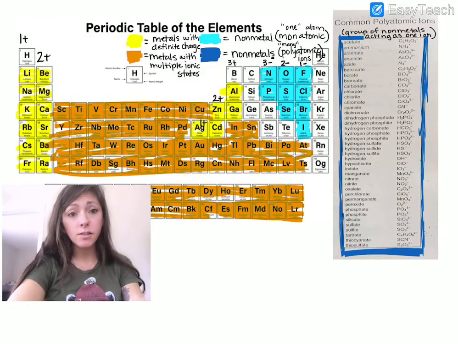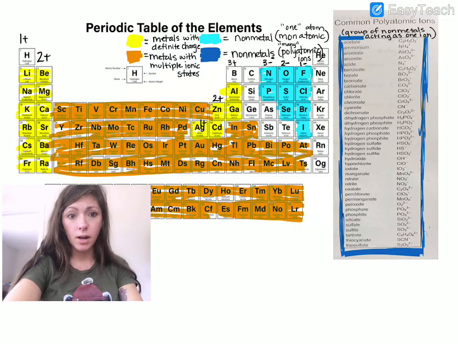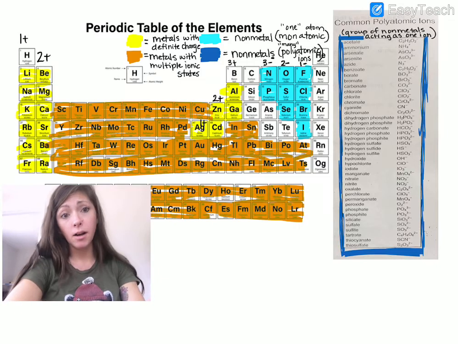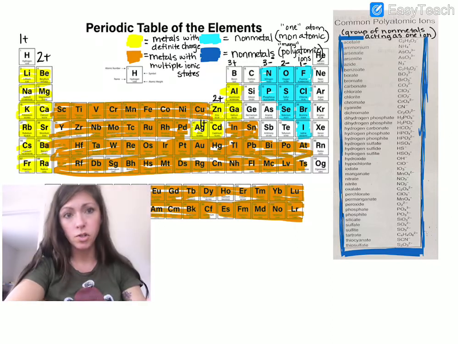All right, you guys are going to learn today how to write the other type of ionic compounds, which are ternary ionic compounds. So yesterday and the day prior, I went over how to write binary ionic compounds with you guys. So binary means two. So up to this point, and I'm going to use the pointer to show you guys,